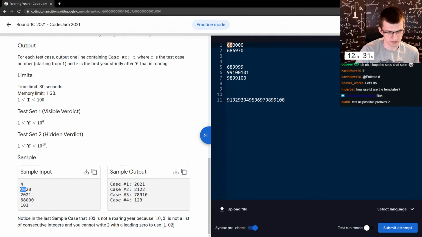Here I do not change this. I want strictly greater than here. 21 is better. For this input number, I consider not changing this prefix or going this plus 1. Sure, and then here 1. I don't change this. Yeah, I will test all possible prefixes,